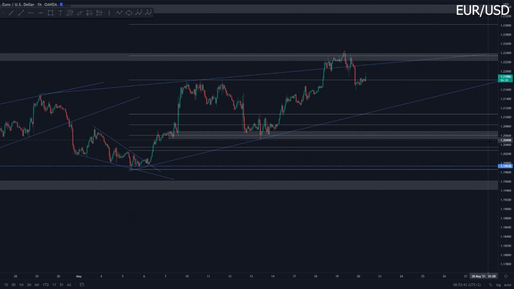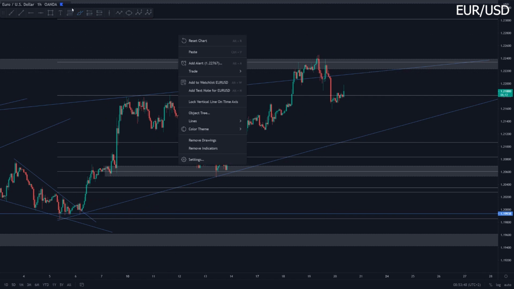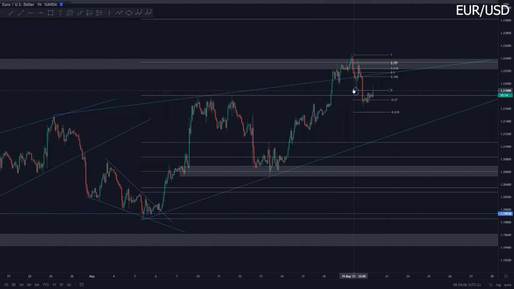So just quickly diving into the 1 hour, I myself had a nice short from around over here. So I just quickly drew on this fib to show you guys. I entered around the 618 up here, once I saw that the 1 hour created a new lower low in comparison to this previous low up here. So from that moment onwards, when I knew Euro dollar was in a downtrend, I was looking for shorts on the retracement back towards the upside.